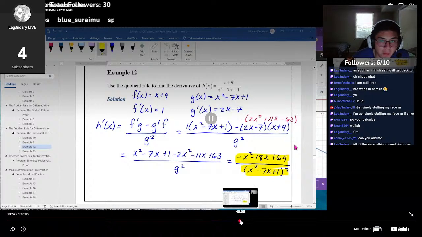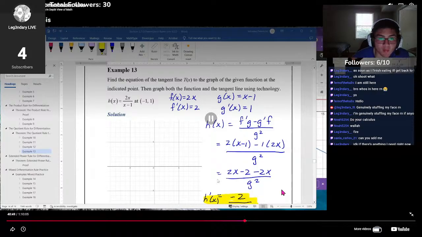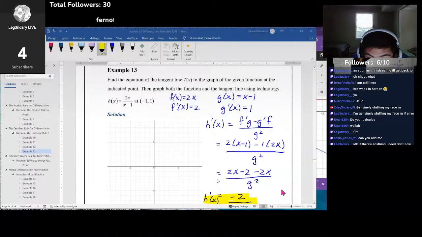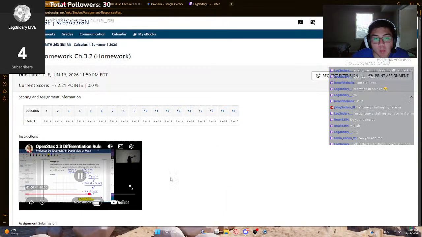Quantity x squared minus 7x plus 1. Now when we're looking at this function, we apply the rule, turn our attention to the tangent line at the ordered pair -1, 1. The numerator function 2x has a derivative of 2, and the denominator function x minus 1 has a derivative